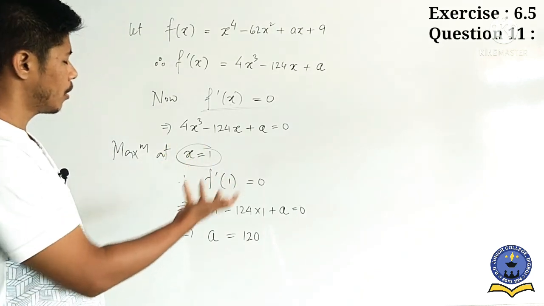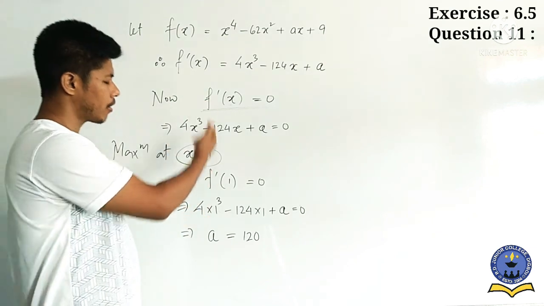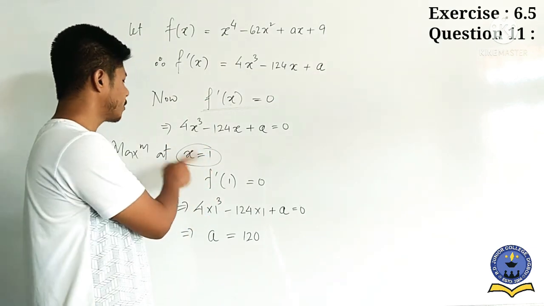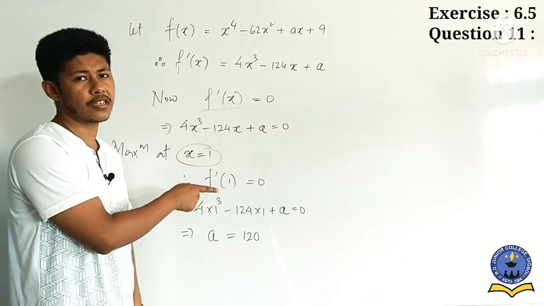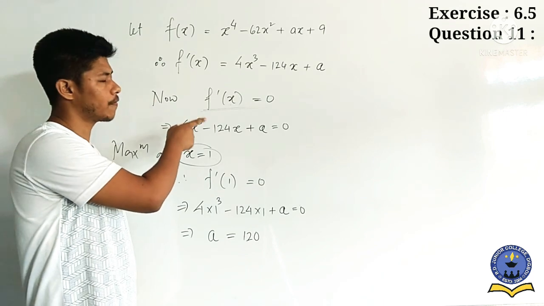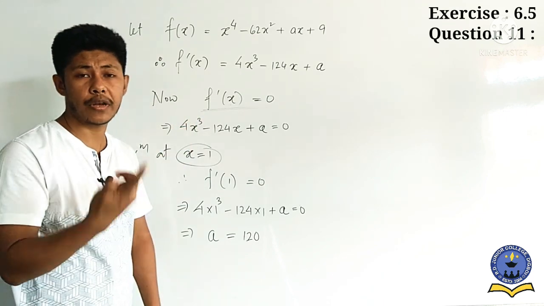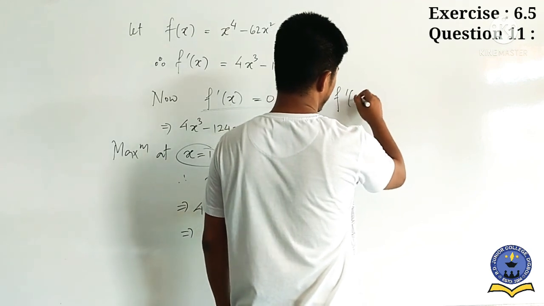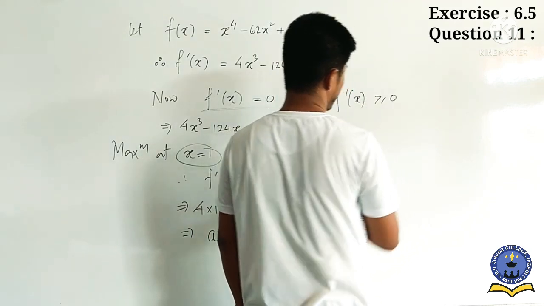So this type of lots of questions are there. Many questions of this type can come. There may be another condition, maximum at x equal to 1. So maximum at x equal to 1 means what? So that means the condition for the first derivative, the condition is what? When we get maximum, maximum condition is this one. You see here, f dash of x is greater than equals to 0.